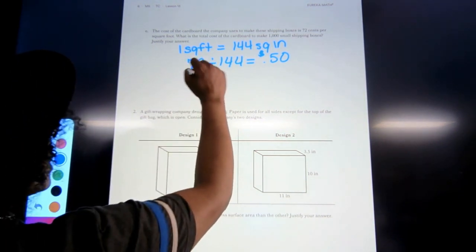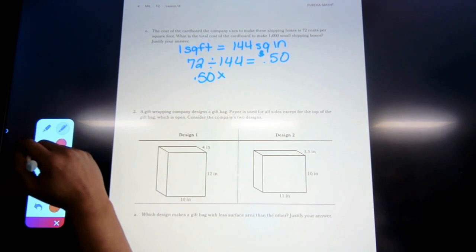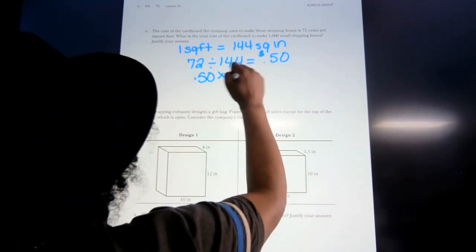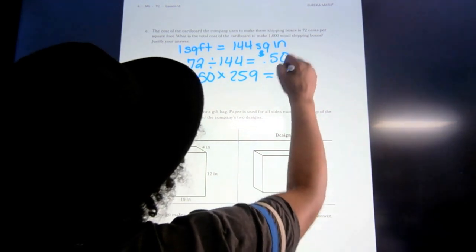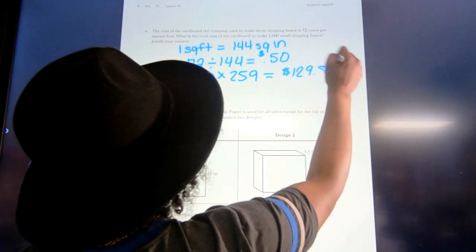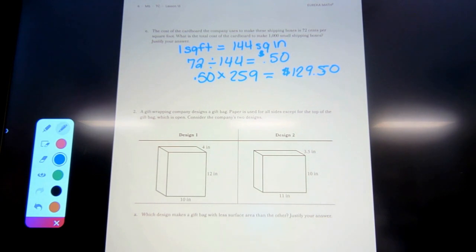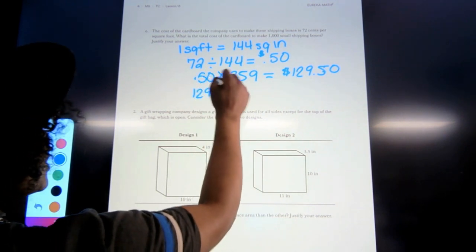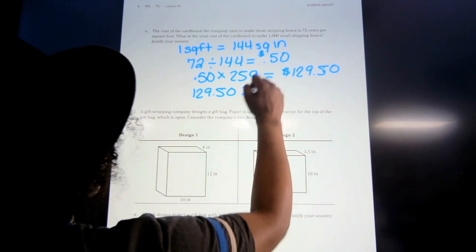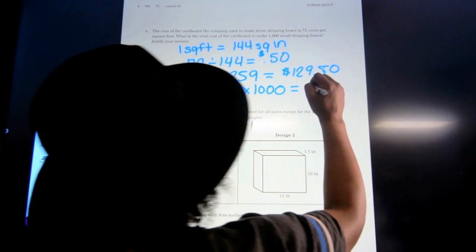So we would take 50 cents and we're going to multiply that by the amount that we found for the surface area of the small shipping box, which was 259. So we have 50 cents times 259 gives us a cost of $129.50. So if we want to find the cost it takes to make 1 shipping box, we want to do $129.50, and we want to multiply that by 1,000 because we know that there are 1,000 small shipping boxes. So when we multiply, we found that total to be